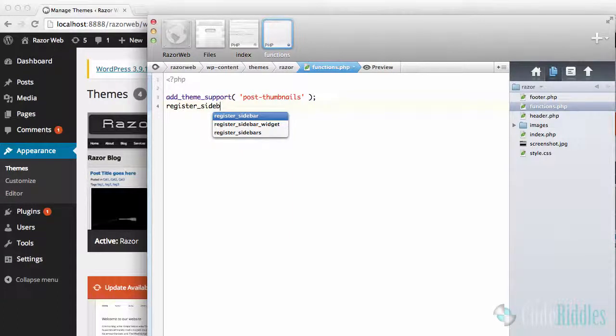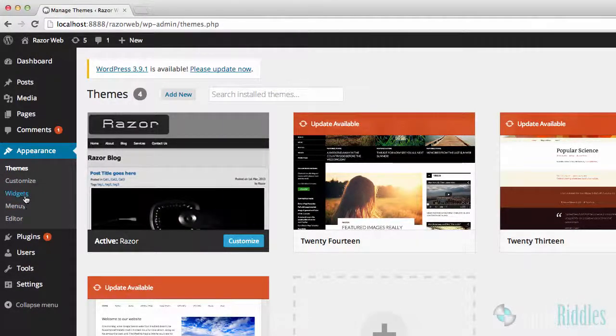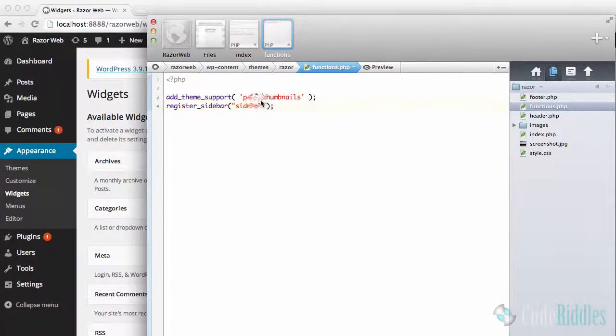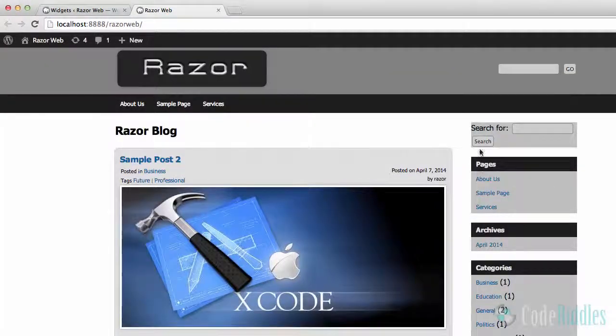register sidebar. Let's name it sidebar. Now as you can see we have a widget, okay, and we have our sidebar. Okay, so let's say main sidebar, just in case we want to create two sidebars. Okay, so this is our sidebar, which is sidebar 1, and if we view our front end, we have